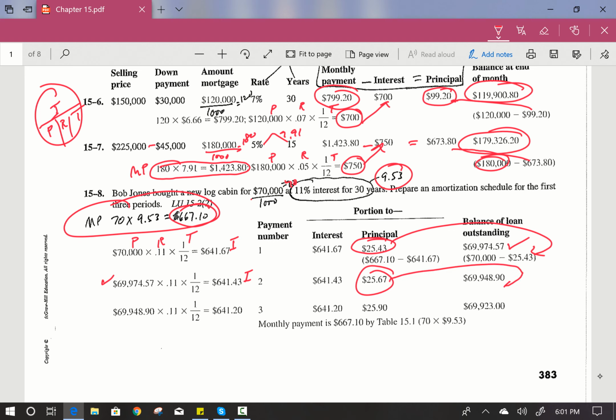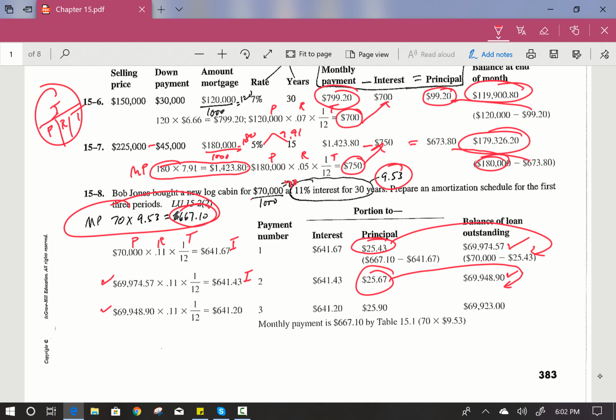Subtract $25.67 from the beginning balance of $69,974.57, and that will give me my ending balance of $69,948.90. Now bring that forward,